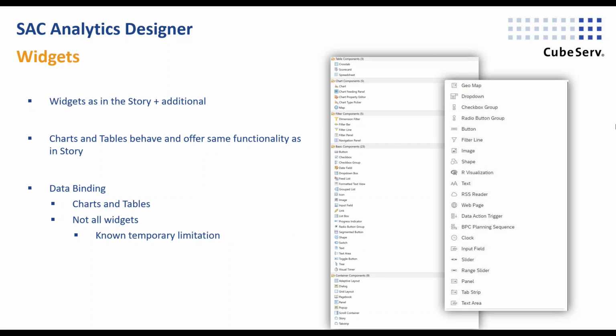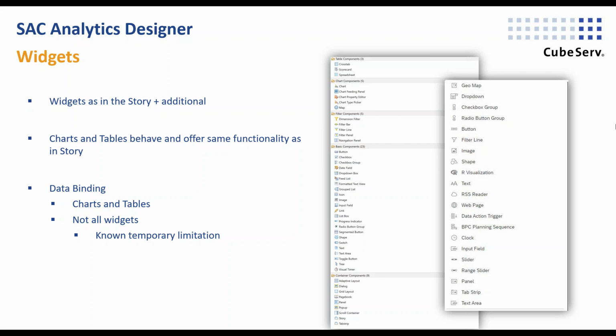On the current slide, you see available standard components in the state-of-the-art dashboarding tool Lumira, which is on the left side, and in Application Designer on the right. Comparing to Lumira, Cloud Designer still contains much less components, but most widely used components are available. Plus, additionally, it's already possible to create custom widgets.